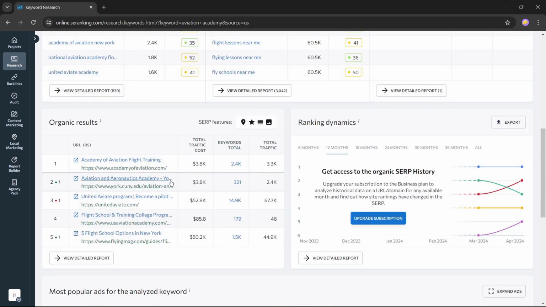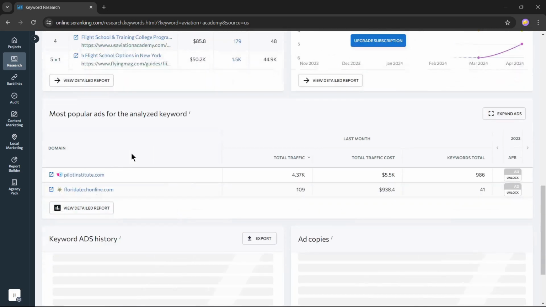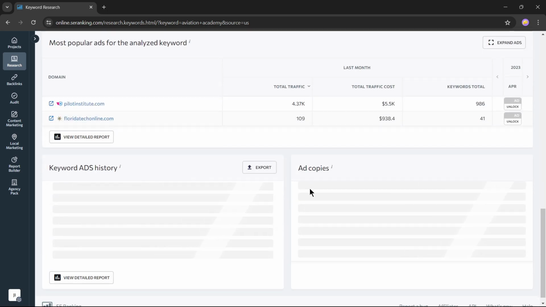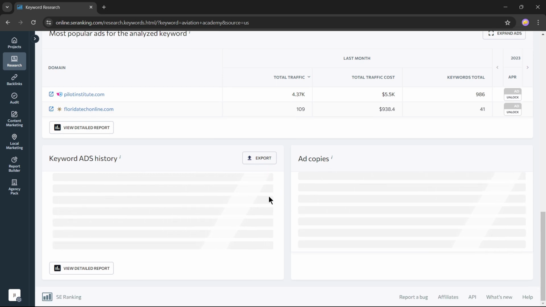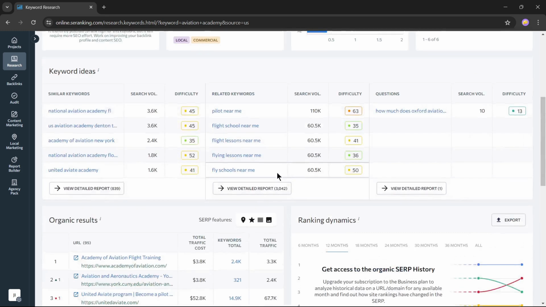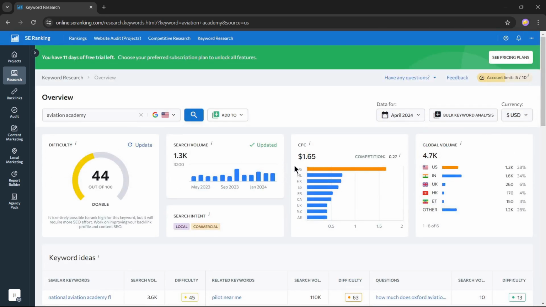And then you have your organic results, so organic listings, all the pages that are ranking in the top positions for this keyword, okay? Below that, you have some information relating to copy, but I think it's taking a little longer to populate this data. But then you can see how easy it is and how similar it is to all these other keyword research tools. Now, to compare how accurate the data of SE Ranking is, I'm going to put it side by side